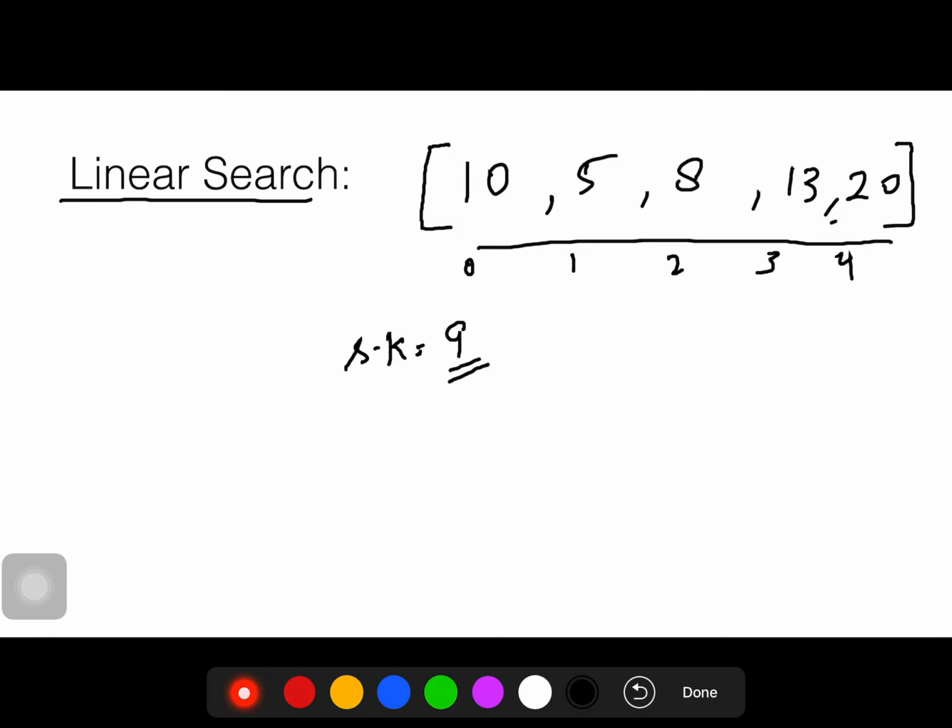the location of that element. In linear search, we compare our search key with each and every element of the list, and if found, we return the location of that number in the list. If the search key is not present in the list, as is the case here, we return a message or an alert message showing the item is not present in the list.